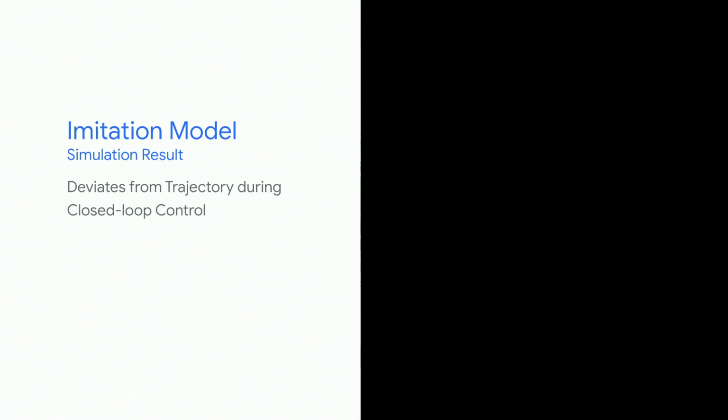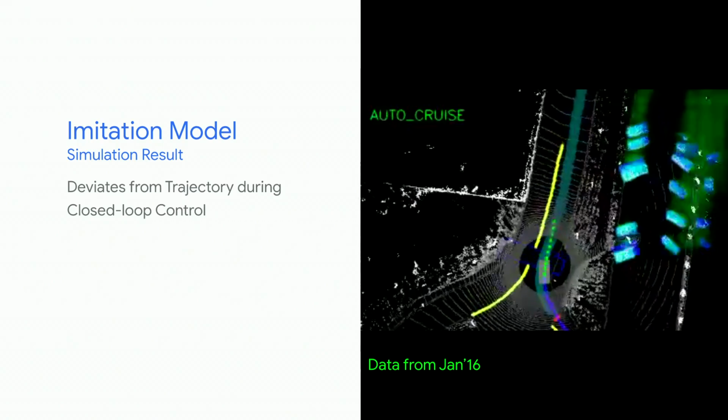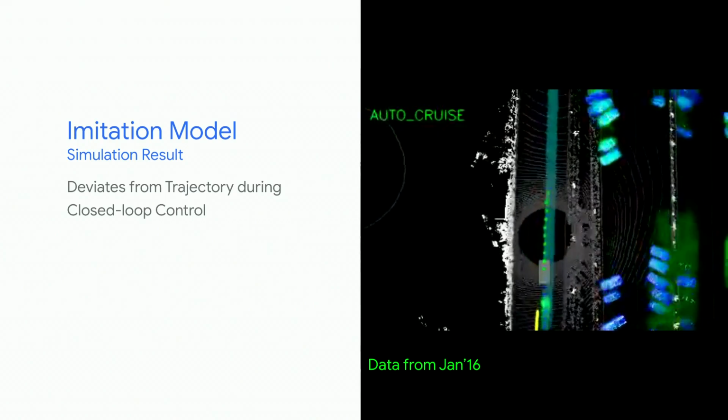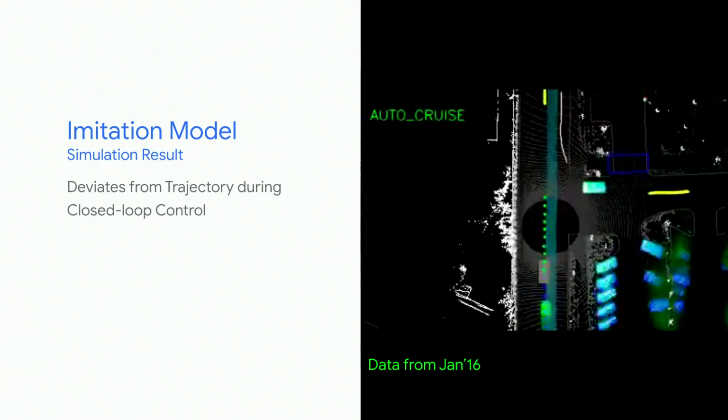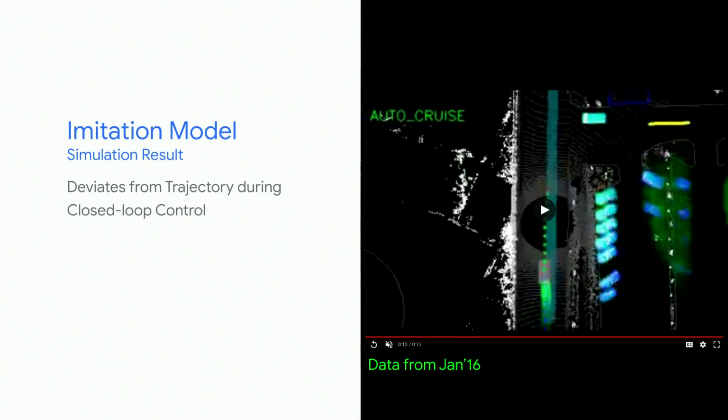Now let's look at what happens when we actually evaluate this model in a closed loop setting in a more complex scenario. In this video, pay attention to the gray box, which is the agent being driven by the imitation model. As it continues driving, we find that it drifts and lands on top of the yellow line. So the agent is not able to maintain its trajectory, and over time it slowly drifts. But because there is no way for the net to actually know how to correct these mistakes, it's not able to recover.